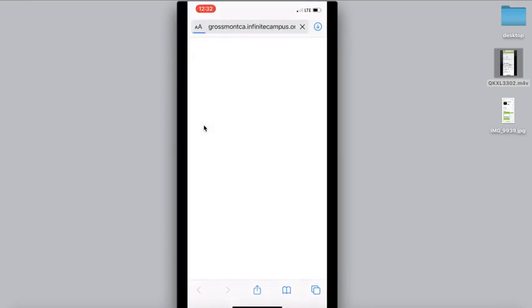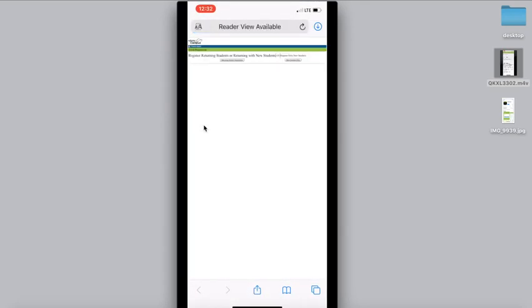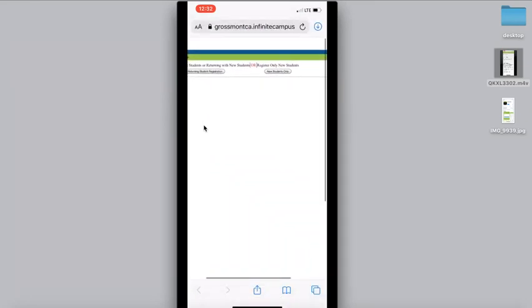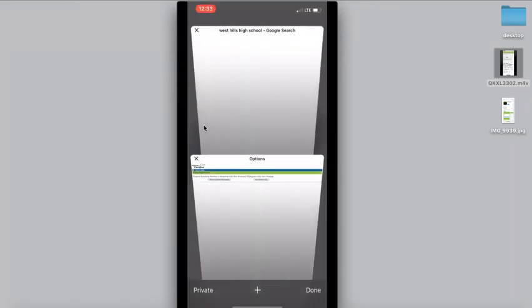So many of you have been messaged, those of you with returning students, to renew your student's registration. And I just wanted to point out that this was the place to do that. So there you have the button returning student recognition and registration, and we always like our students to verify their emergency contact information and all of that each and every year. So I just wanted to share with you again the useful tool of the Campus Parent app that you can